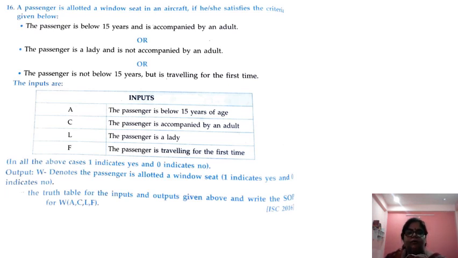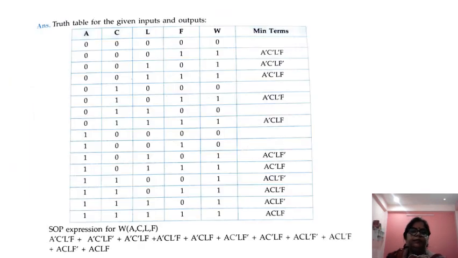Now see, the truth table of the output has been given here. See how the truth table goes, 0 0, and now we have to write the min term expression, because in the question you have seen that if it is yes then 1 and if it is no then 0. So students, you have to be attentive and understand that this is an SOP expression, because for yes it is 1 and for no it is 0. And if it is given that for yes it is 0 and for no it is 1, that means it is a product of sums expression.